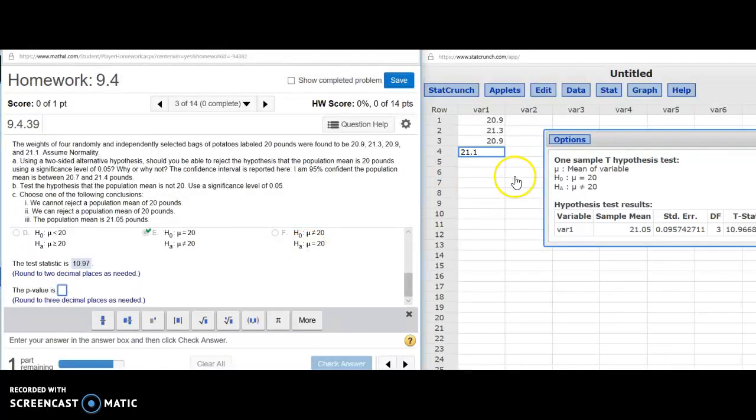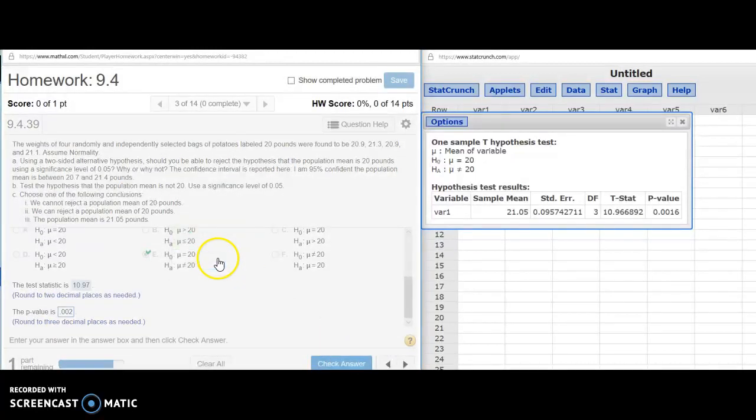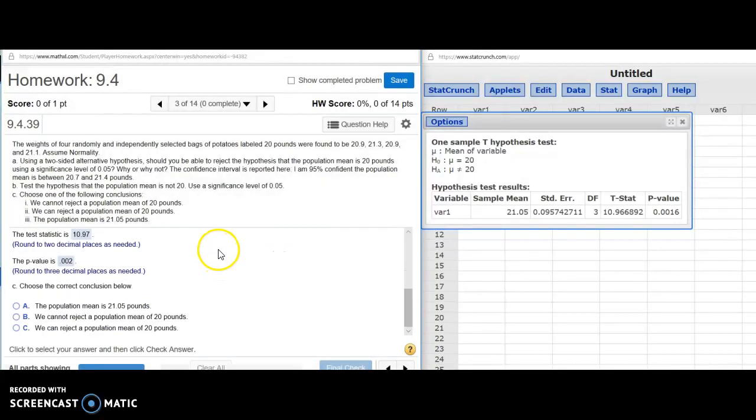And the p-value, let me pull that over, is 0.0016, so rounded to 3 places would be 0.002, very small. So the p is low, so the null must go. So I would reject the null hypothesis. And if I reject the null hypothesis, I'm rejecting that mu is 20. It looks like we're saying the mean is different than 20, so we can reject a population mean of 20